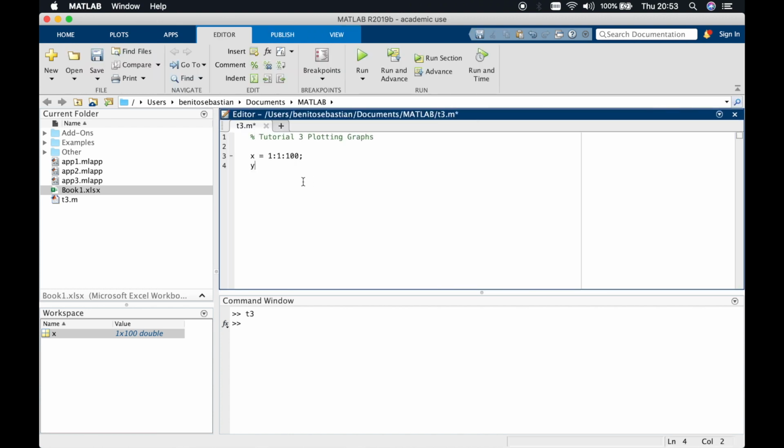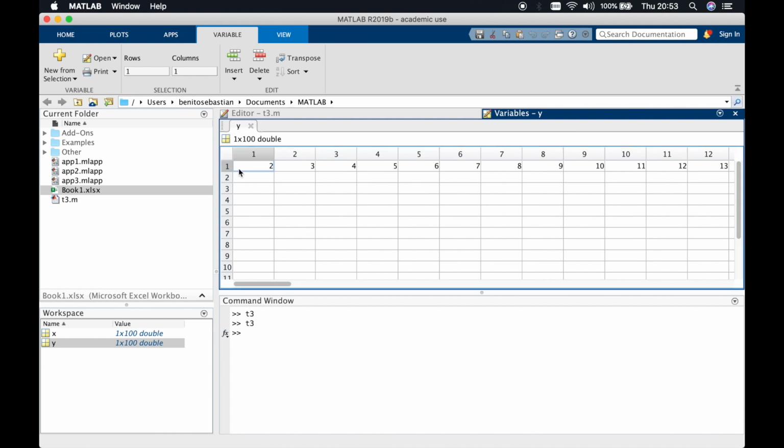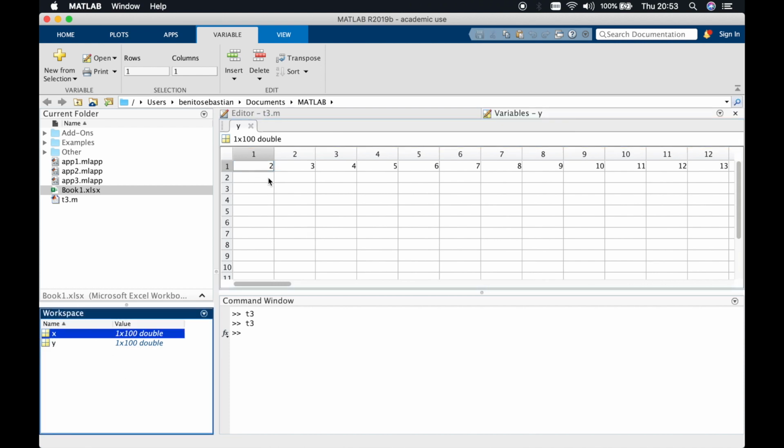So we'll now say y. So let's plot a simple graph of y equals x plus 1. So x plus 1. When we run this, Matlab is going to simply take each element from x and then add 1 to it. So you can see for the first value, when x equals 1, y equals 2, when x equals 2, y equals 3, and so on, all the way up to 100, when x equals 100, y equals 100 plus 1,